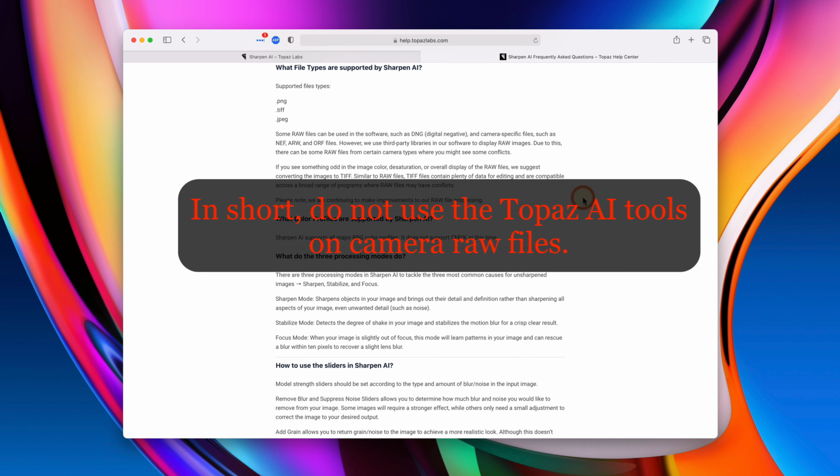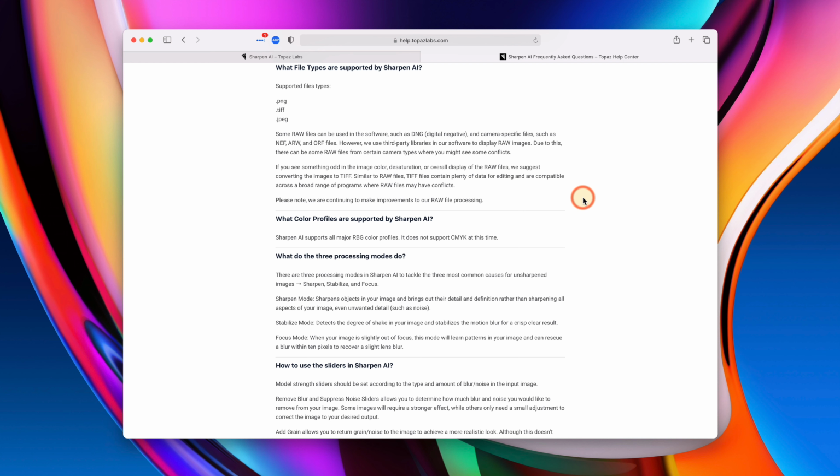What this means is you should not attempt to use any of the Topaz tools on raw files. Process them using any raw processor like Lightroom or Photoshop, and then take them into the Topaz tools. Once again, don't try the tools on raw files.